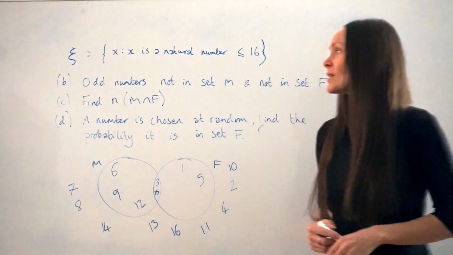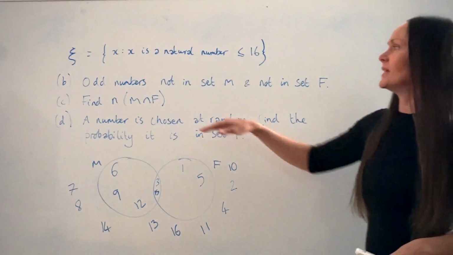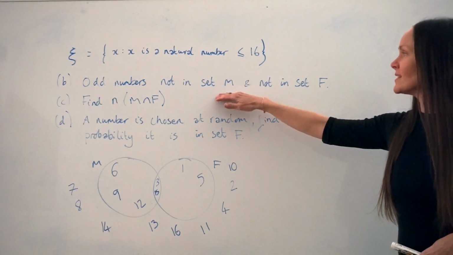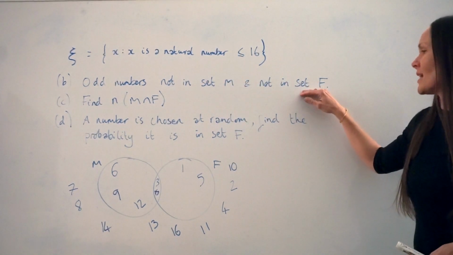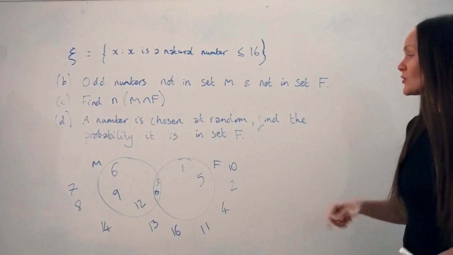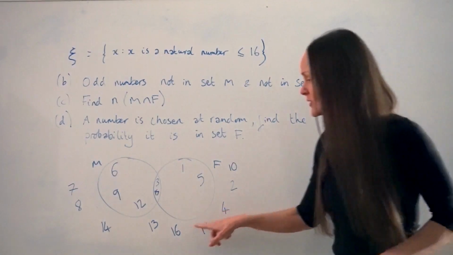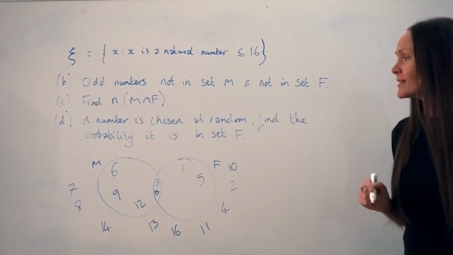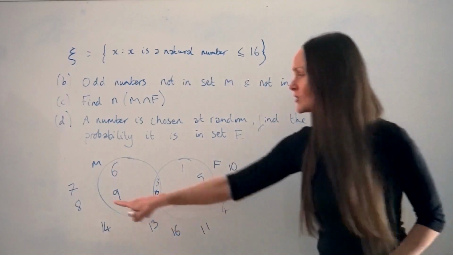So in the next part of this question, in part B, it says write down the odd numbers that are not in set M and not in set F. So if they're not in set M and not in set F, we're interested in the numbers around the outside of the circles. Okay, so if we look at those numbers and we write down all the numbers that are odd,